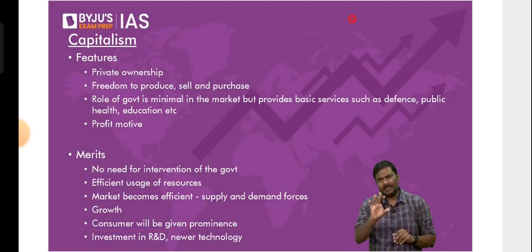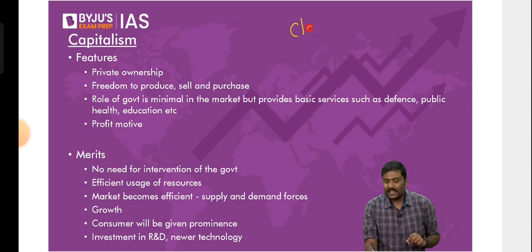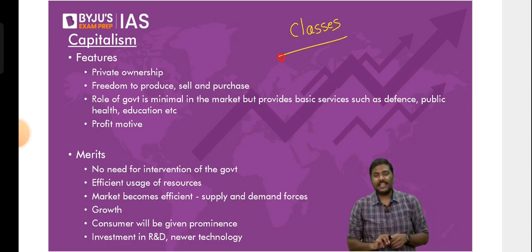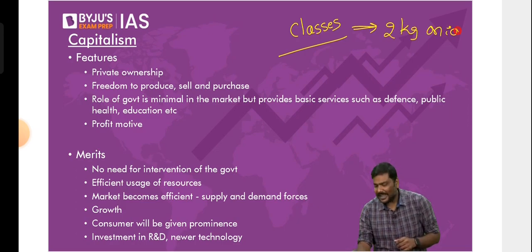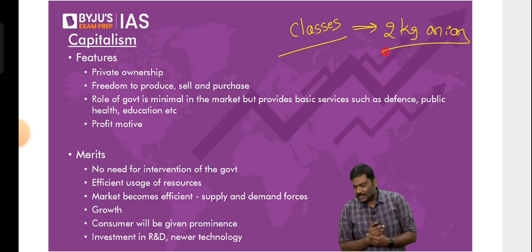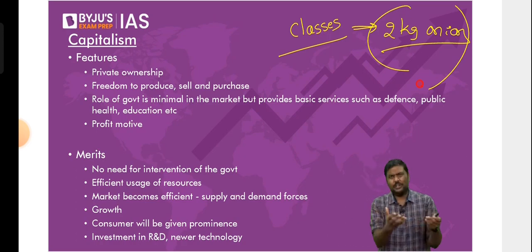Let me start with a very simple example. Imagine, right now your parents barge into your room. They know that you're attending the classes, but anyway they come and simply say, please go and get 2 kg of onion from the market. I know many of you will ask, who is selling onion in such a morning? Don't worry. Imagine the shops are open. They need to prepare breakfast. Please go, run and get the onion.